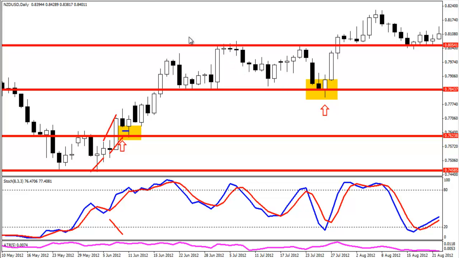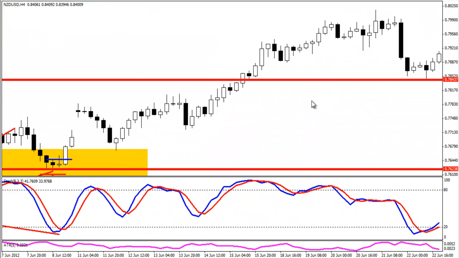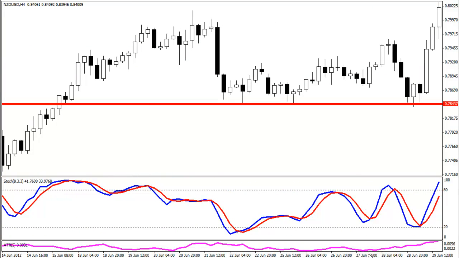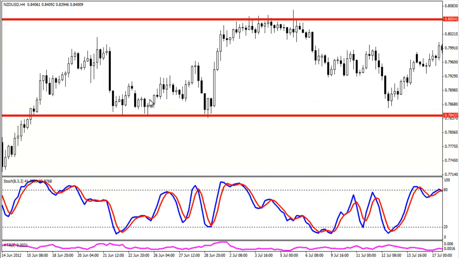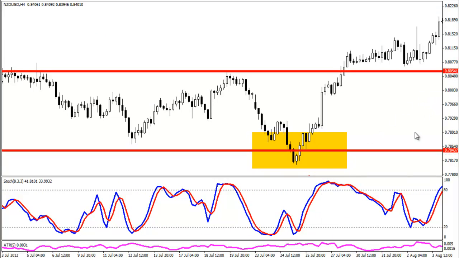In order to do that, we jump down to the smaller time frame. So we're going one time frame smaller down to that 4-hourly chart, and I'm going to scrunch the screen up slightly. We can see this support getting tested again and again and again. And then when we move over to see that now on this 4-hourly chart, if we look at the price action itself,